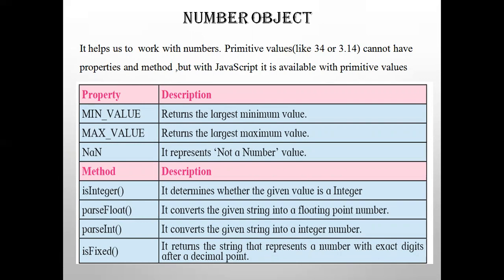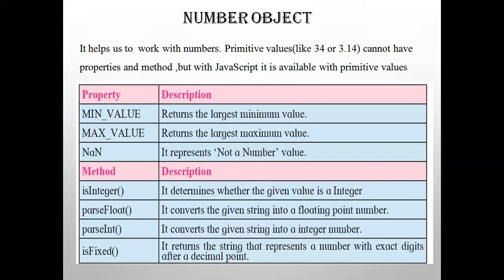In general, you do not need to worry about the number object because the browser automatically converts the number literals to instances of the number class. In place of a number, if you give any other argument like text, then it cannot be converted into a number. Then it returns the error. Error in the sense of NaN, this format. In the 11th standard, we have already seen this. NaN, not a number. It gives like this if you give any other argument which cannot be converted.